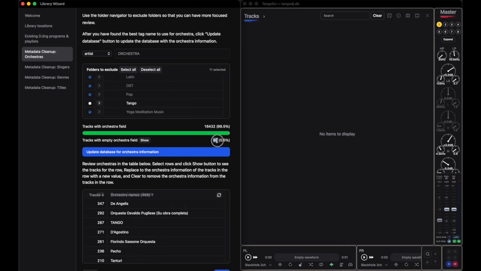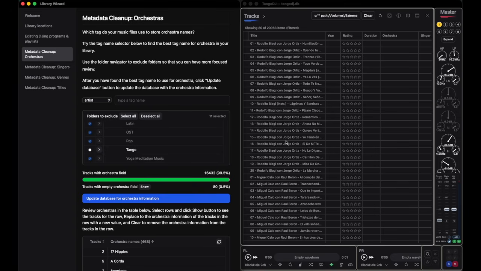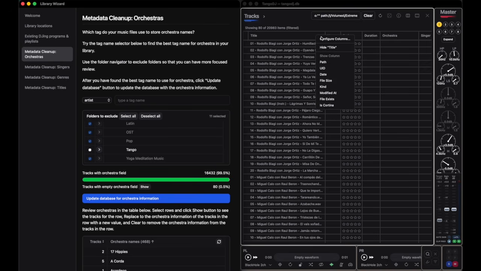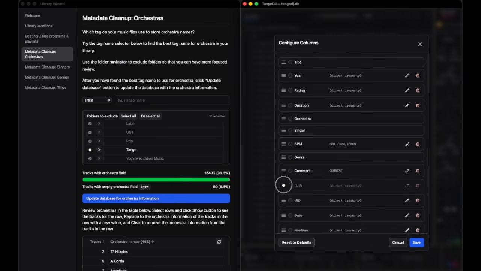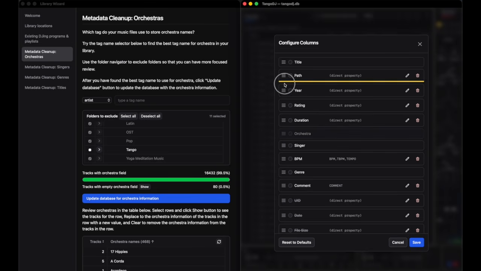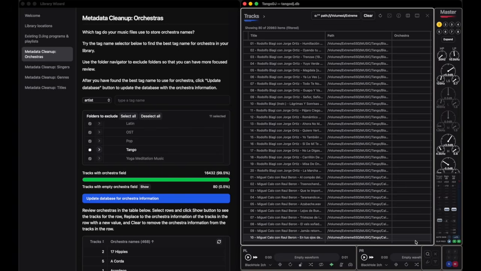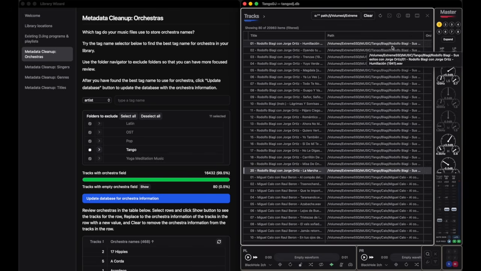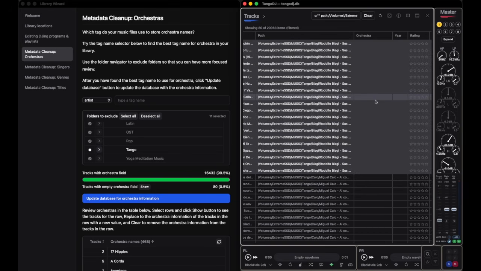I have 80 tracks without the orchestra information. Click Show to see the 80 tracks with empty orchestra. I want to see what files they are. So click Configure Columns, enable Path, and move Orchestra next to Path, and save. I hover on the Path column and I can see the full path to each track. I see that these are Biagi, and then I have Canaro, so I select here and shift-click here, and then in the Orchestra column, Alt or Option click,